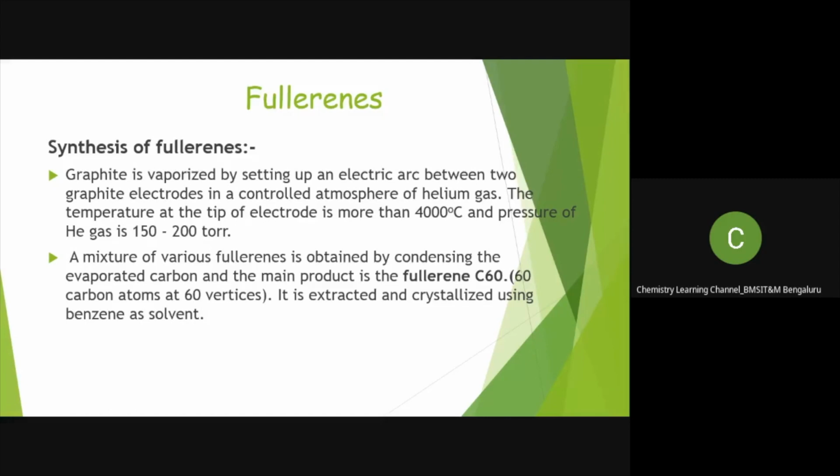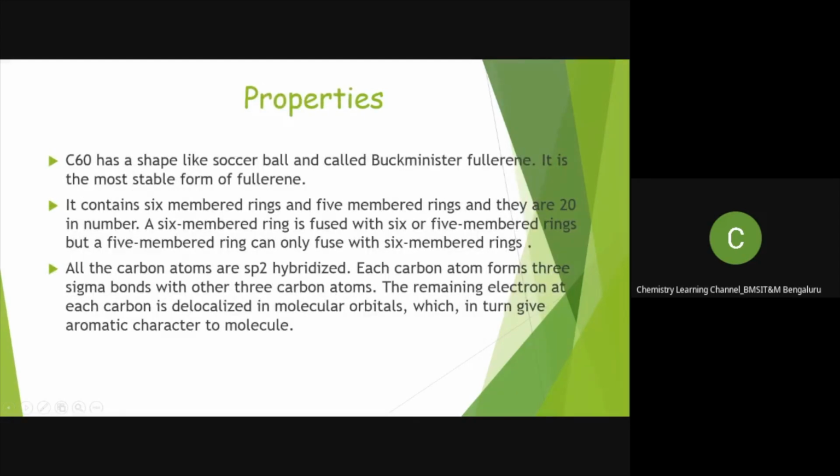Under these conditions, graphite is vaporized. After this, a mixture of fullerenes is obtained, and by condensing the evaporated carbon, the main product, fullerene C60, is obtained, and it's extracted and crystallized using benzene. And properties of